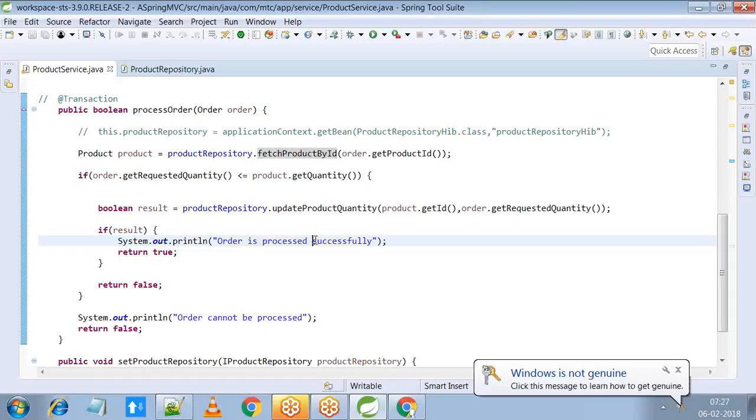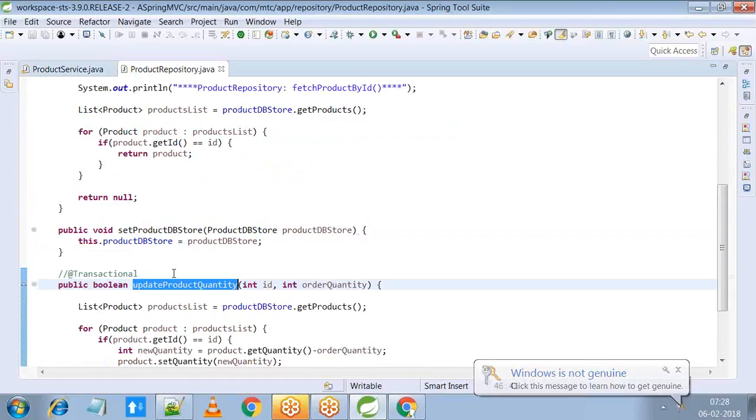I just gave you an idea, but we need to understand how to propagate the transactions. That is very important, how the transaction should be propagated. So you have the process order method. Now, if you want this